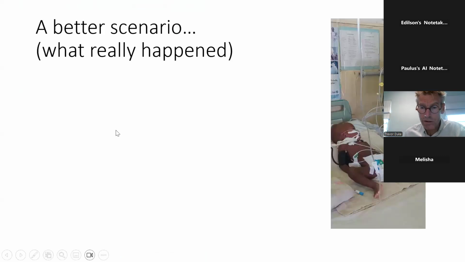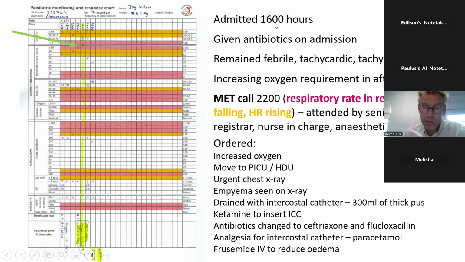This is a better scenario. This was Joy being monitored. So she was admitted at 1600 hours, at 4 p.m. She was given the antibiotics, the benzylpenicillin, on admission, but she remained febrile and tachycardic and tachypneic, just as I mentioned. She had increasing oxygen requirement in the afternoon, and then in the evening at 10 p.m.,